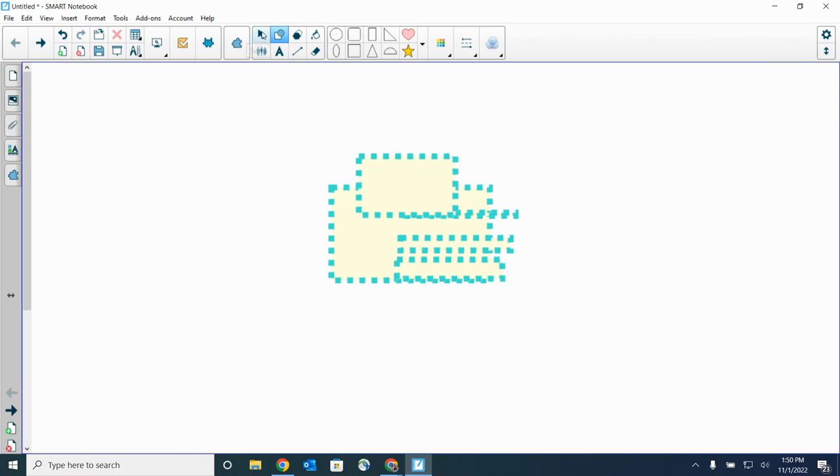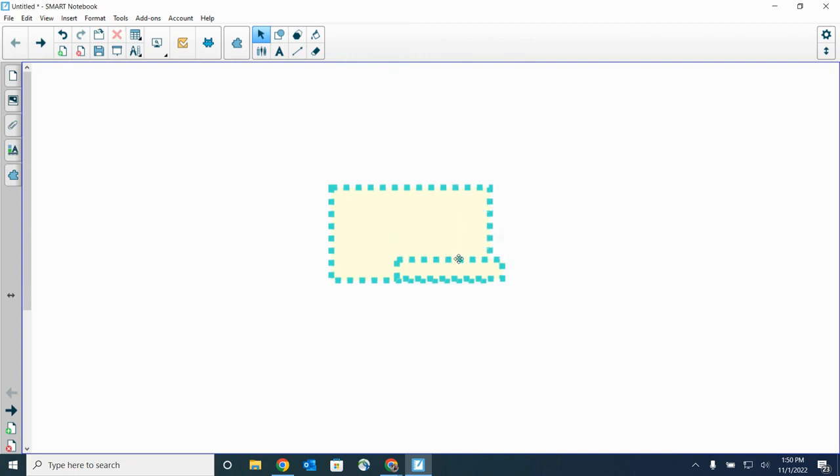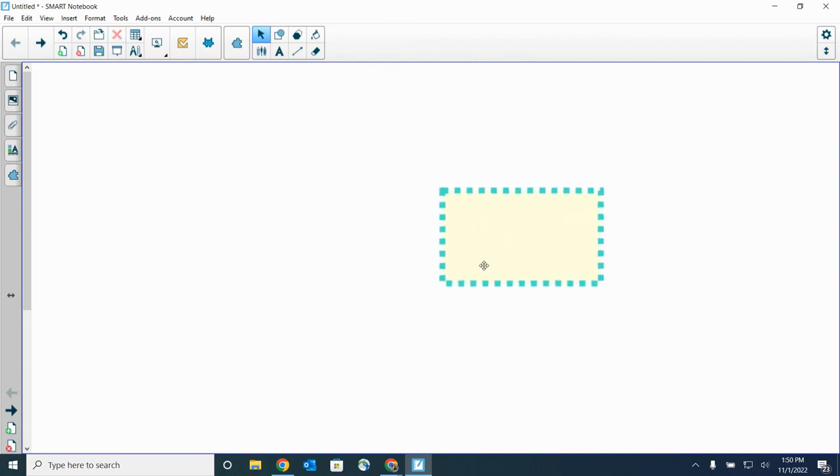So what I need to do is turn off the shape making tool by pressing on the select tool up here before I'm ready to move on to making any additional shapes or manipulating the one that I've drawn. So now I can slide this over a little bit, go back to my shape making tool, and to find